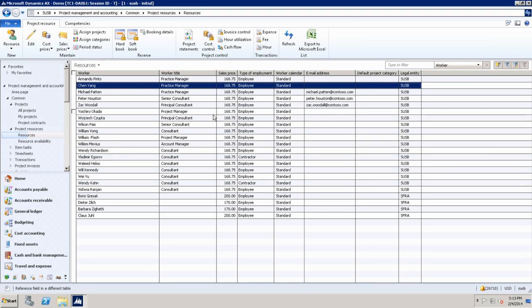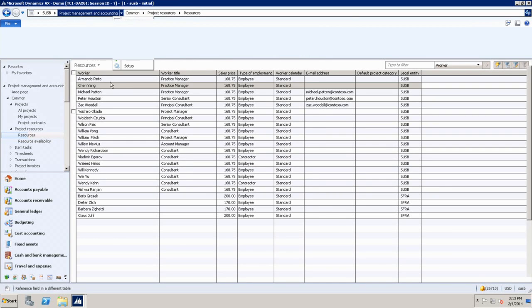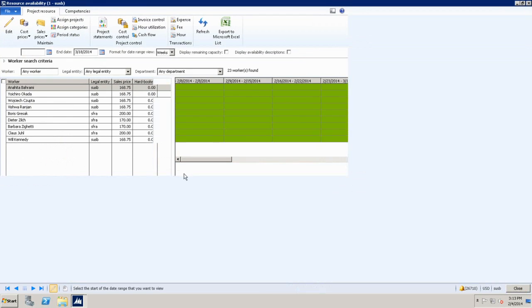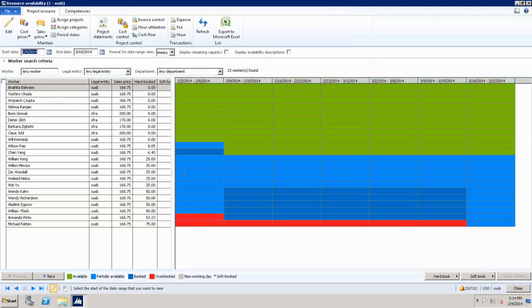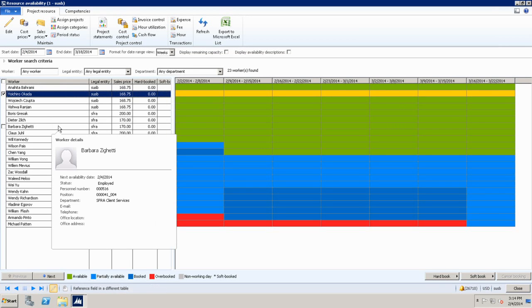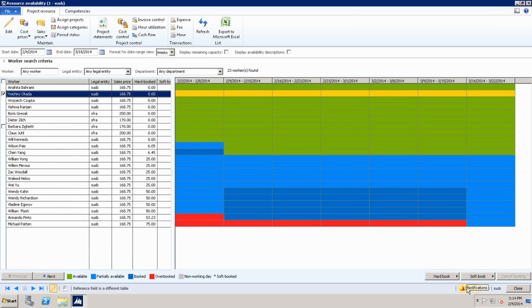In the previous screen, can you do a hard book and soft book? So are you talking about hard book and soft book at the same time? Yeah. If I'm in the screen and I filter down to the worker that I want, can I, on a single click, book into my project? You can, but you cannot hard and soft book at the same time. Yes, so let's do that. That's a very good question. So I choose this worker for the entire period of time.